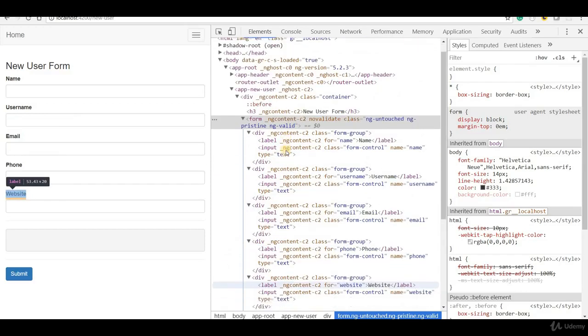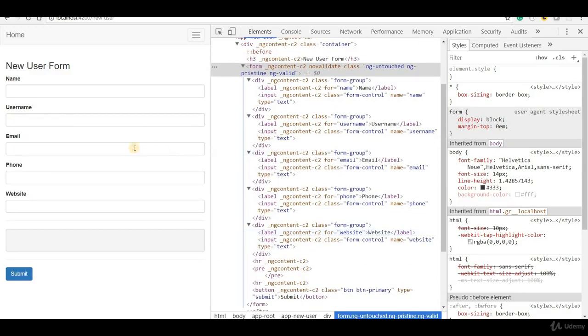So let's figure out in the next session how exactly we can add these classes to these form controls as